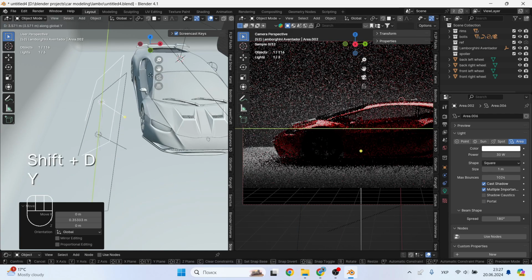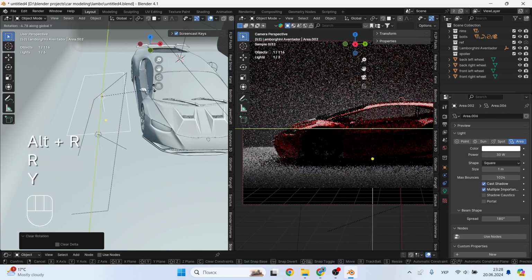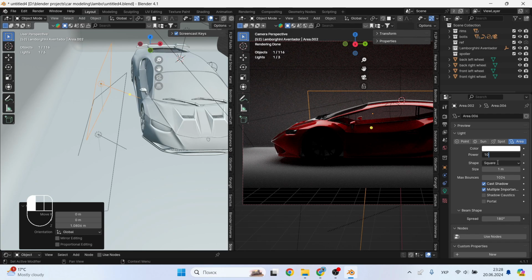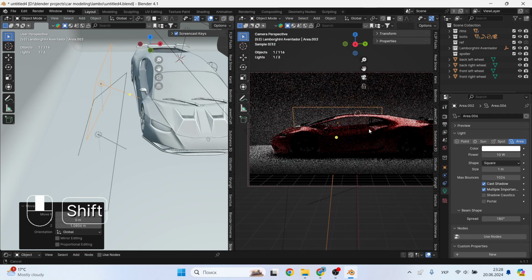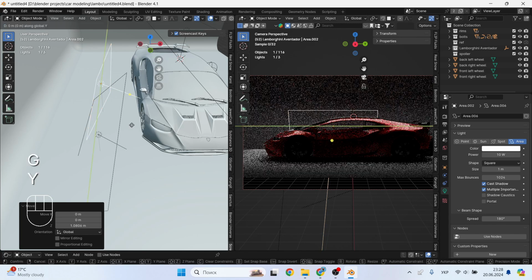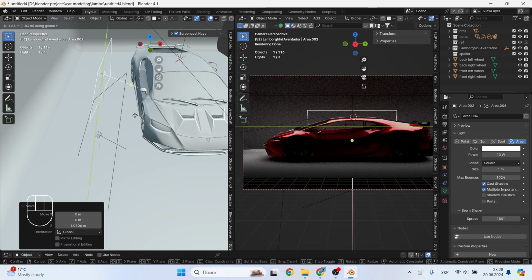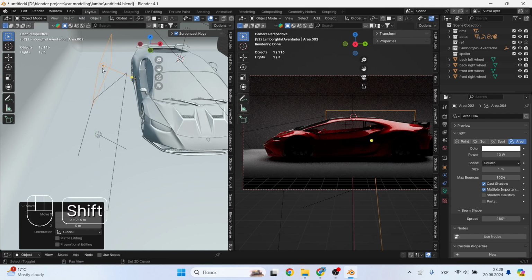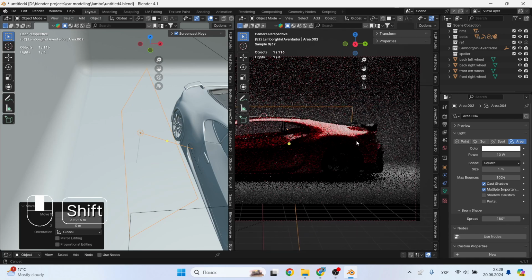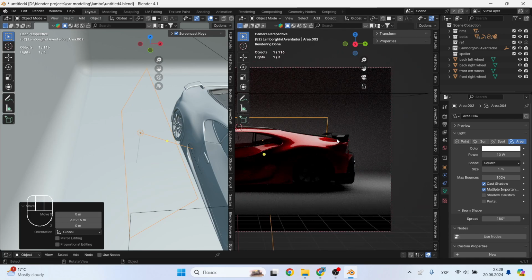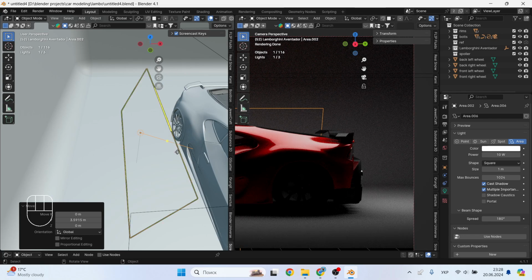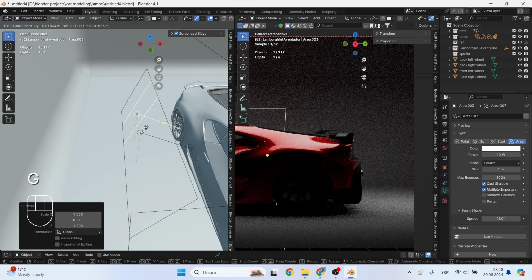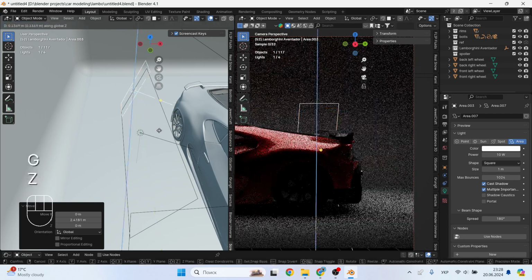When ready, copy this area using Shift-D and you need to make the same effect on the roof. And it looks like we still need to lower the light to 10 watts. Well, it remains to make the same effect on the spoiler. Copy the area, reduce it in scale and direct it a little to the side, and it looks like you need to increase the number of watts.